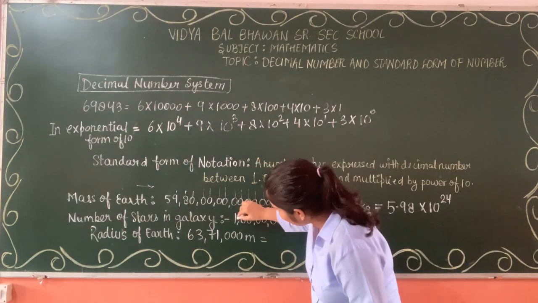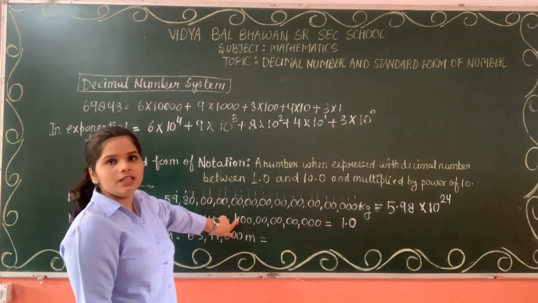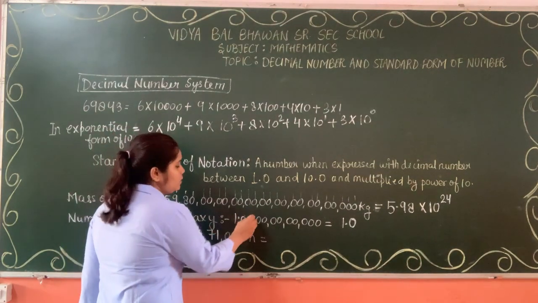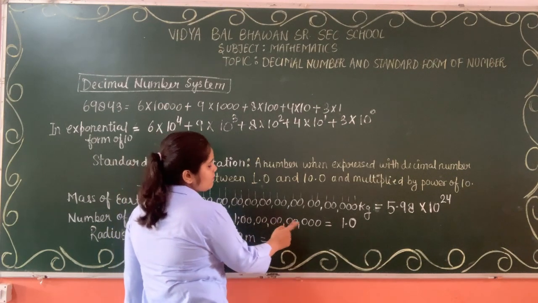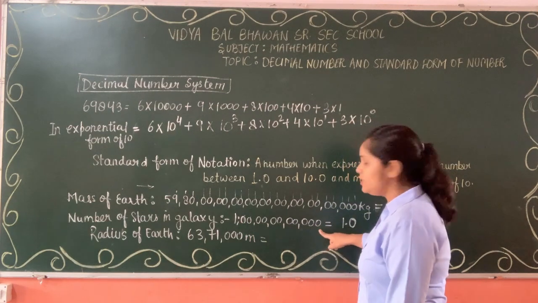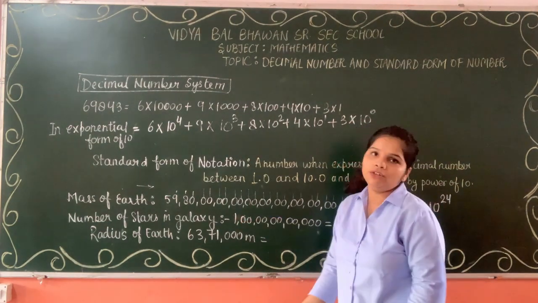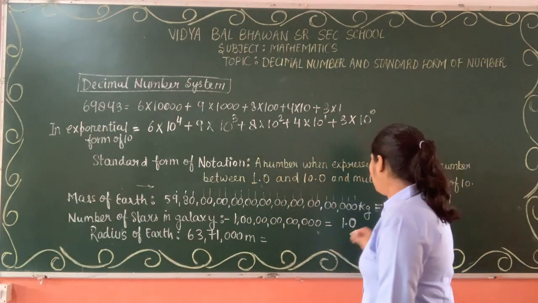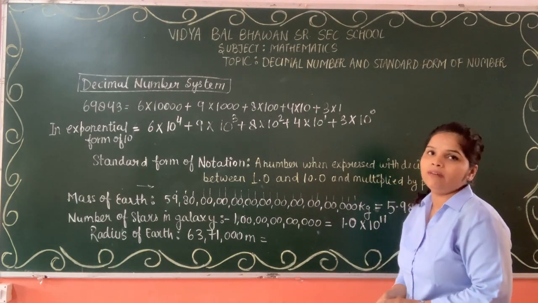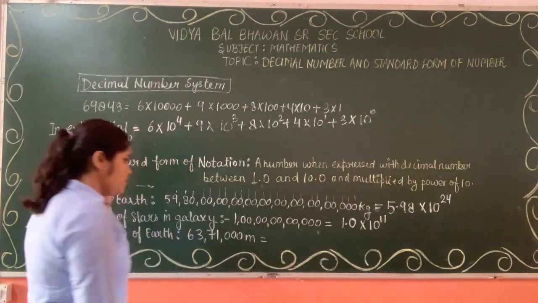Now as we are placing the decimal here, after this decimal, how many zeros or how many digits are there? 1, 2, 3, 4, 5, 6, 7, 8, 9, 10, 11. So it is 11 digits after the decimal. It can be 0 or it can be non-zero. 11 digits, so we will write multiply 10 raised to the power 11. I hope this one is clear to all of you.